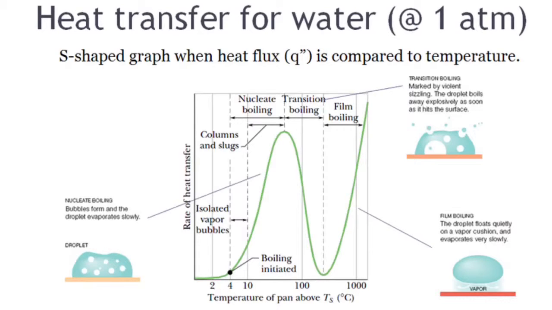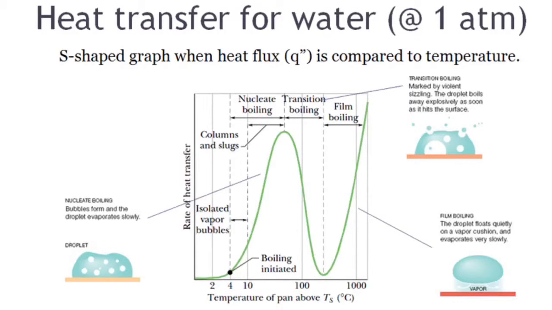This image shows the heat transfer between the solid surface and the liquid as a function of increasing temperature above the boiling point of the water. The initial phase is called nucleate boiling, in which we see the most typical boiling, where gas droplets are forming inside the liquid droplet and evaporating. That's further characterized afterwards by transitional boiling, which is a more violent form of boiling in which you see exploding vapor droplets inside the water droplet,